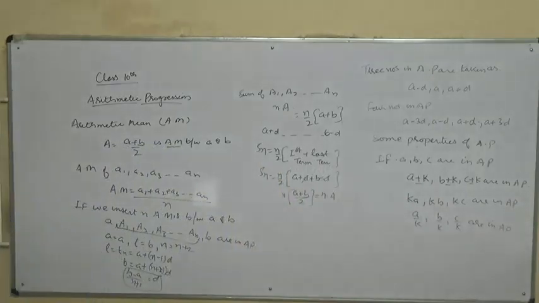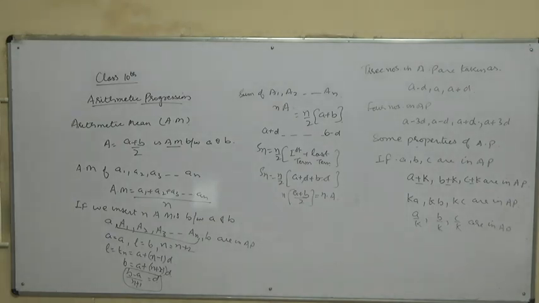If we are given a sequence in AP, then whatever number we take, we can add that number to all the numbers, and that will be an AP. If we subtract the same number from all the numbers of an AP, the resulting sequence will be AP. If we multiply all the numbers of the sequence by a constant number, the resulting sequence will be in AP. And if we divide the numbers by a constant number, the resulting sequence will be in AP.